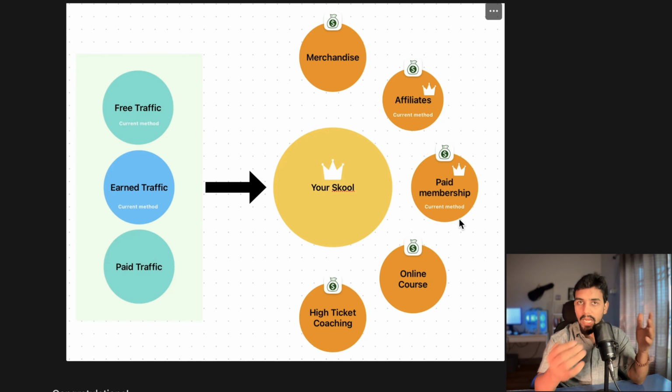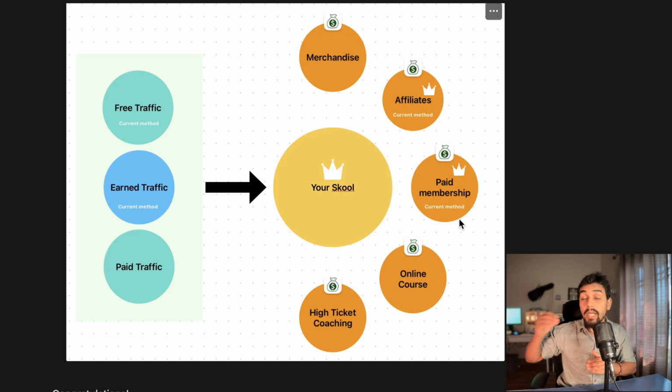Then it can be paid membership. You can create a free group and then you can upgrade them to a premium membership, and for doing that you can create a new group. Now look, this is all investment, this is not expense. So you need to have this mindset that if I'm investing $200 to play this business game, then in a way I am going to get the ROI back in 2 months, 3 months, maybe in 4 months, right? Not more than that. Then online courses, as I mentioned, and high ticket coaching.